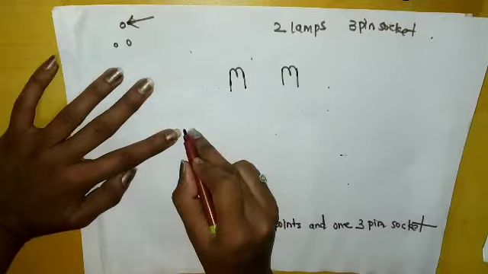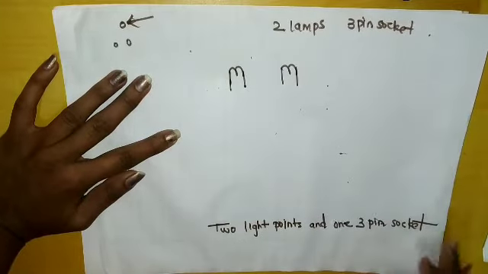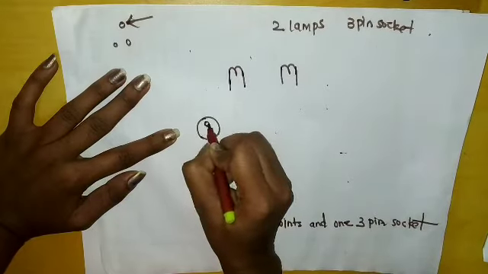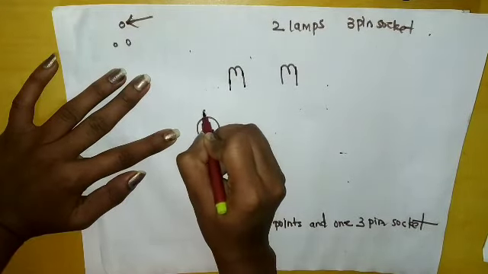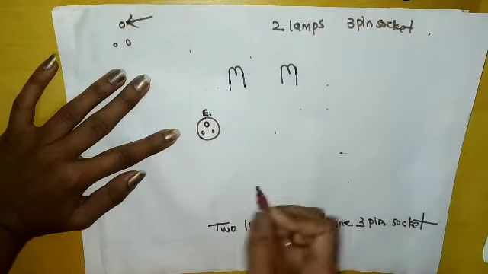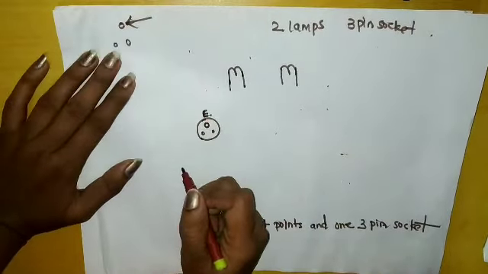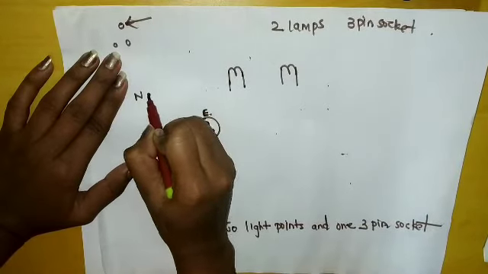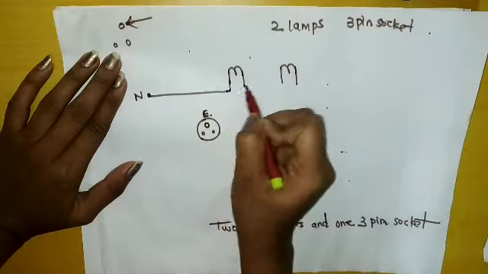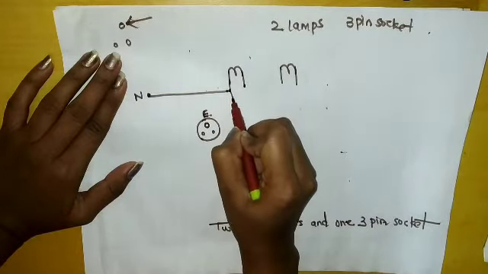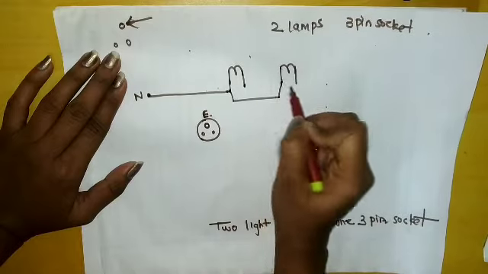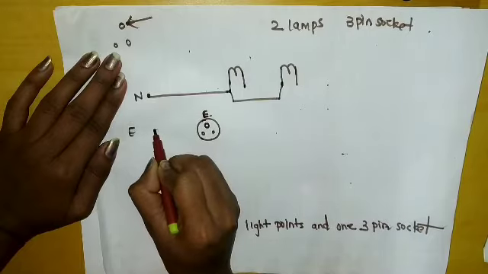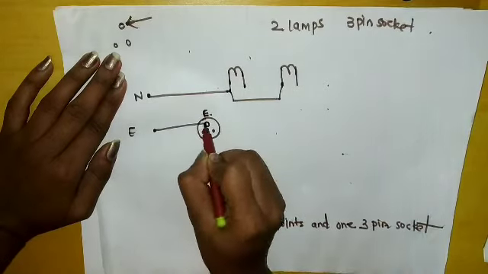And now here what we have to do, they have said we have to include 3-pin socket also. So 3-pin socket means what? There is one extra point, that is earth point. So this is earth. Okay, so this is earth. Now this is our neutral. So what we have to do, we have to provide neutral to appliance. So this is our neutral going here to the bulb, and this neutral has to be linked to another appliance. So we have linked here. We will provide earthing here. So we will give this earthing to this earth point, right?